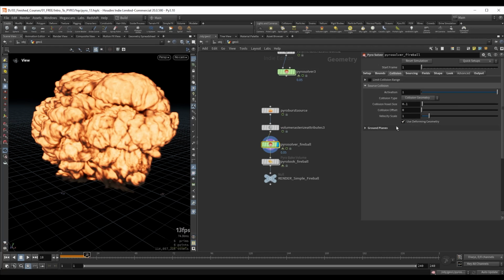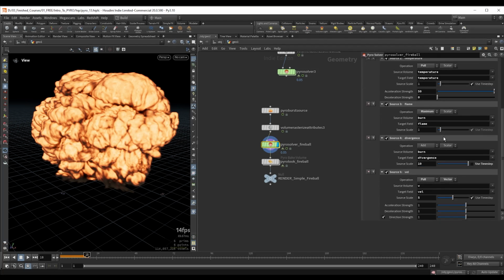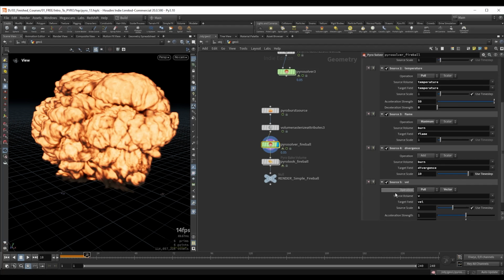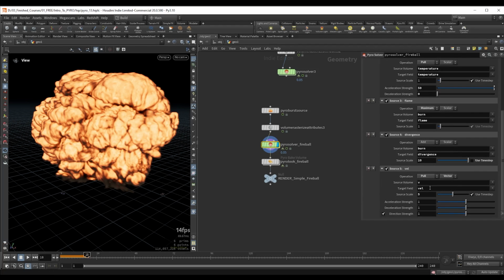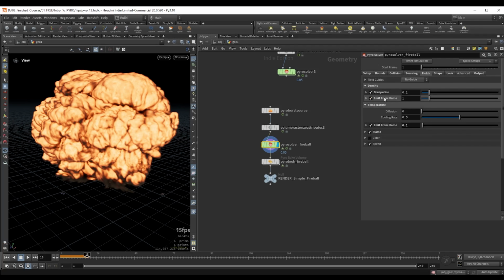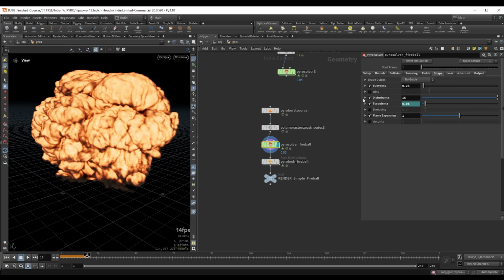Then we have the collision with the ground plane set over here. In the sourcing, we have all of the different sourcing. We can see, for example, they sourced the burn inside the divergence, and we usually use density, but the burn can be just as good in this case with a source scale of 10. All the different settings for velocity, for example, and in the fields tab we have emit from flame for temperature and density, and in the shape tab we have a lot of stuff, and we even see that they animated